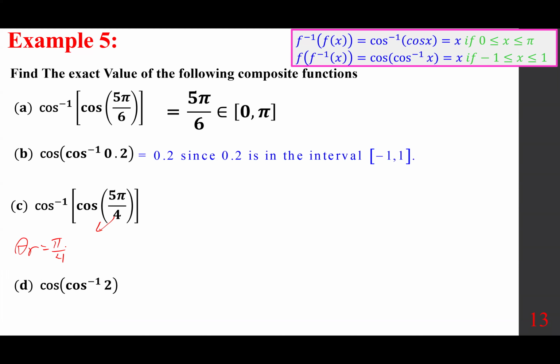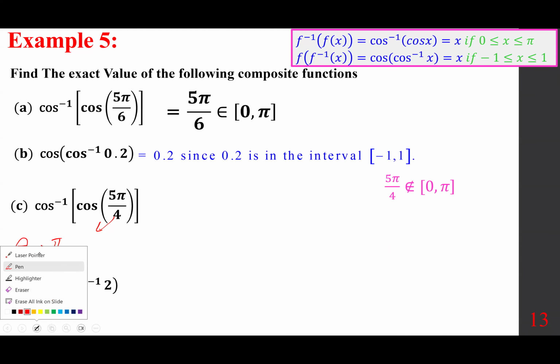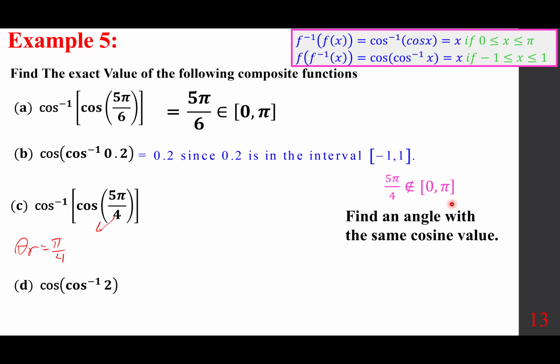So between 0 and pi, in the second quadrant, cosine is also negative. So therefore, it works like 3 pi over 4. So 5 pi over 4 is not in the interval of 0 to pi. Find an angle with the same cosine value, and that would be